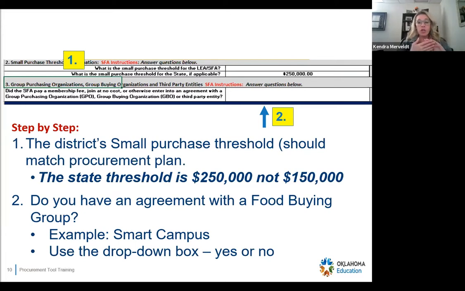So very good question. I would show what you had on there as of last year, and then go ahead and put the 200 and make a note if you can on your procurement plan, like even a sticky note, or even in an email, say we were at 150,000 last year, but now we're at the 250. So in the tool, I would go ahead and put 150, and then go ahead and send your current procurement plan showing the 250,